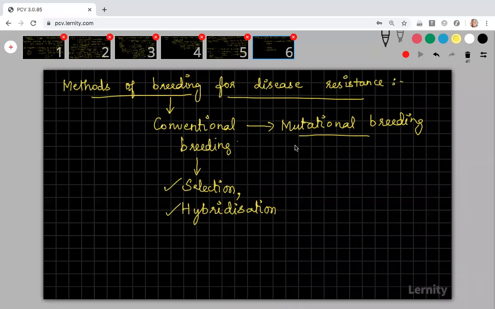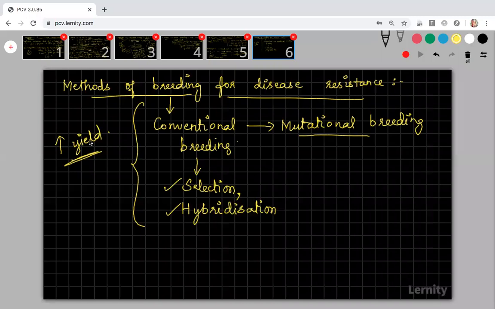Actually these breeding methods are essentially identical. For plants developed to be resistant against diseases, the ultimate benefit is to increase the yield, because once a plant is affected with fungal, bacterial or viral diseases, the yield will decrease. To improve the yield, you should concentrate on protecting the plants against diseases. So we started developing varieties of plants that are resistant to diseases so that you can improve the yield. This is the main target of developing disease-resistant plants.